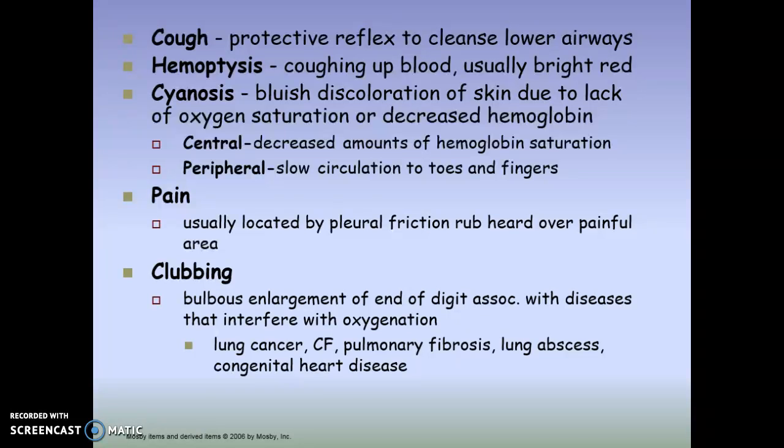Hemoptysis, coughing up blood, is not a good sign. And usually the blood is going to be bright red because it isn't going to have been digested in any way. Cyanosis